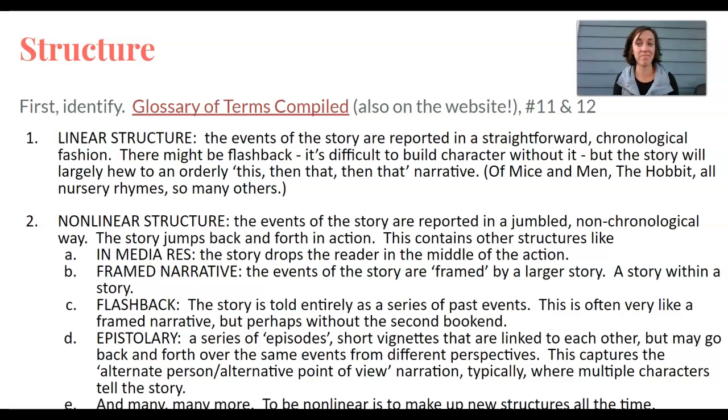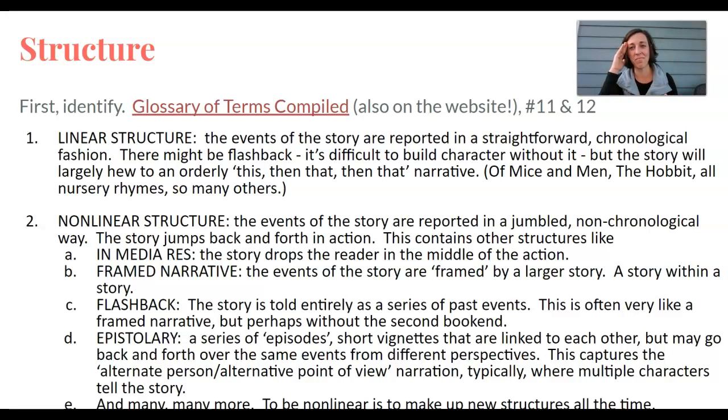It's a great example. Whenever you get into whether it's in media res, in the middle of the action, or linear, you have to always remember a story must begin somewhere, so it's always going to begin in some action. But is it beginning in the middle of the conflict that is most pertinent to the book, or is it just some conflict that needs to set things in motion? So most